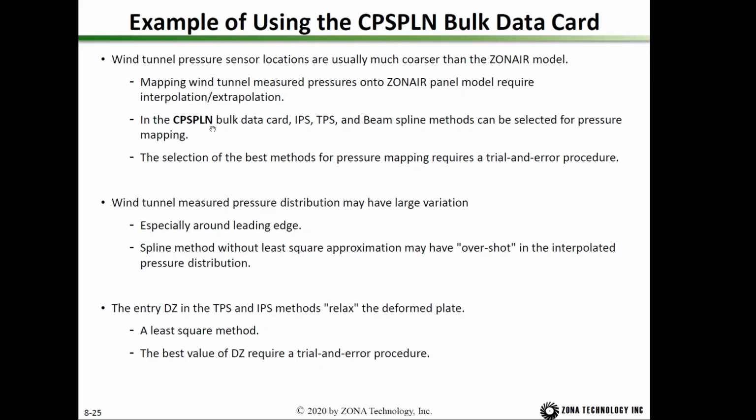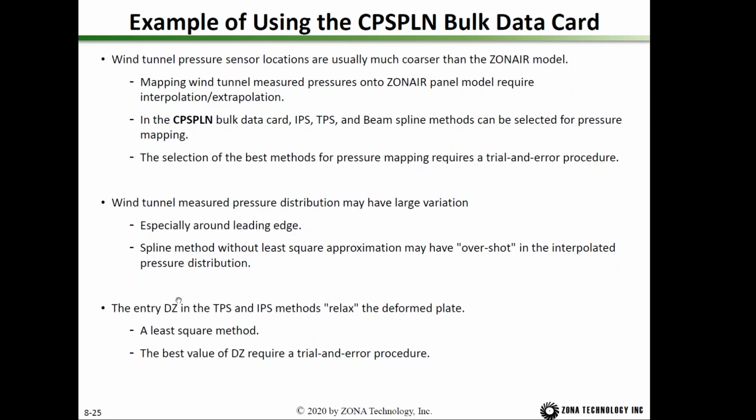In the CP spline card, the IPS, TPS, and beam spline can be selected for pressure mapping. The selection of the best method for pressure mapping requires a trial and error procedure. The wind tunnel measured pressure distribution may have large variation, especially around the wing leading edge. So the beam spline method without least square approximation may have overshoot in the interpolated pressure distribution, especially around the wing leading